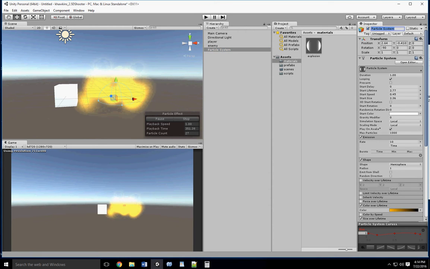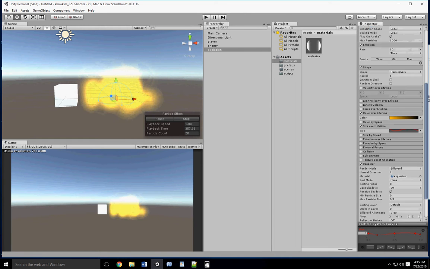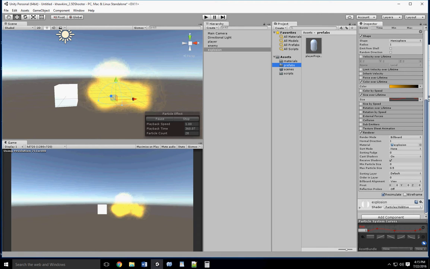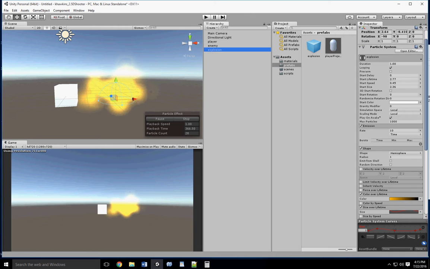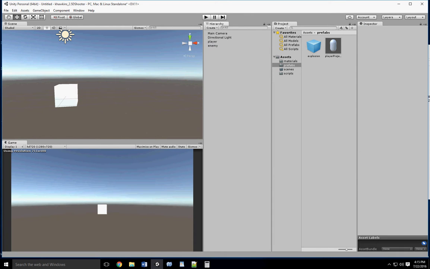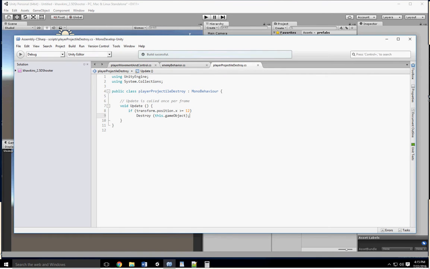and I'm okay, I'm going to go ahead and name this explosion. And we're going to prefab it. We don't need to tag it. And we're going to get rid of the explosion in our hierarchy. Now,